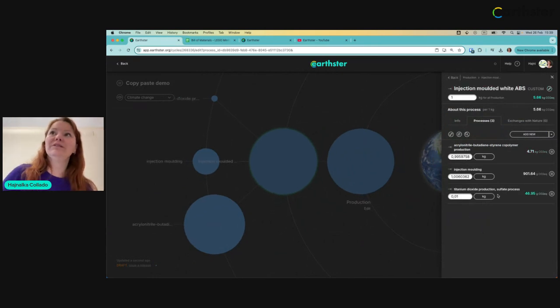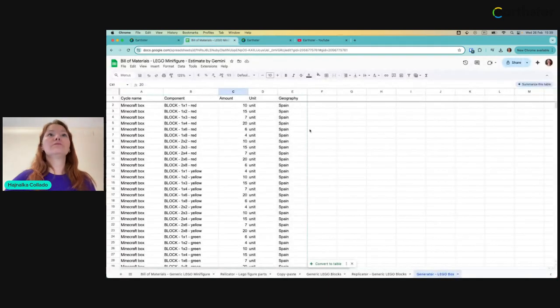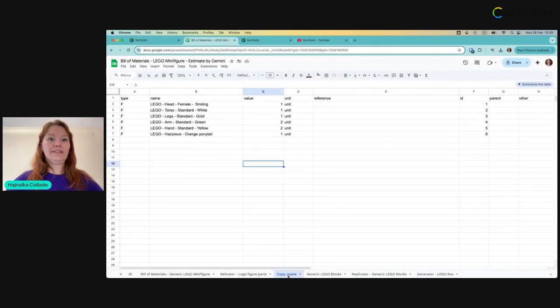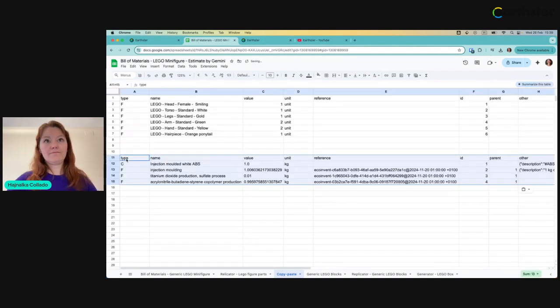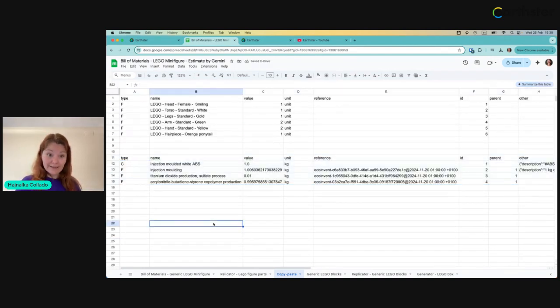And now this is how it looks. So I pasted it into a cycle, and let's paste it into a spreadsheet. Look, here's the copy paste. And for example, you can paste it like this. This is how the data looks. This means that the same table, the copy paste table, can be used to modify your data, paste it into Earthster, and even add data that the system will ask you to map your